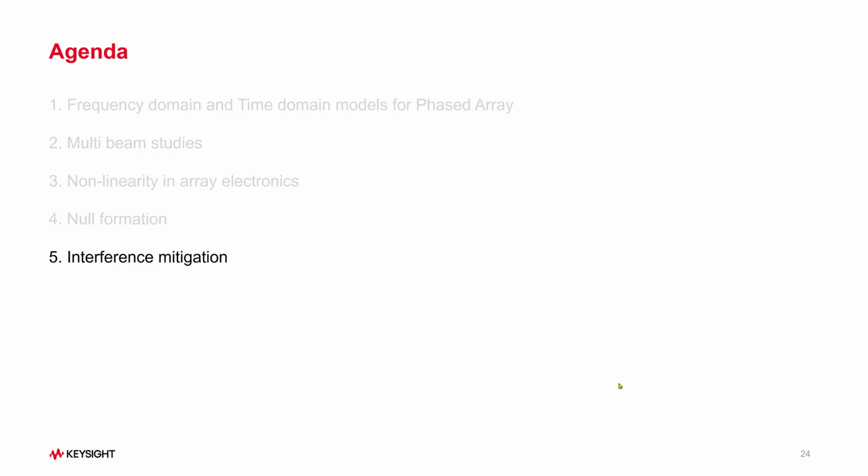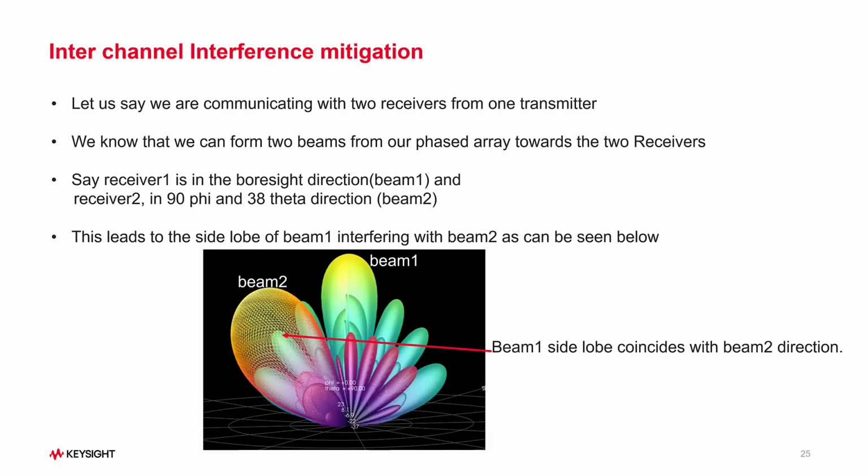There can be another situation where we are transmitting two beams. Another biggest advantage of phased arrays, as we all know, is that we can generate multiple beams intentionally. Side lobes are unintentional. So let us say we are going to communicate with two receivers using two beams, beam 1 and beam 2, beam 1 being 0, 0, azimuth 0, elevation 0, beam 2 being 90 degrees azimuth and